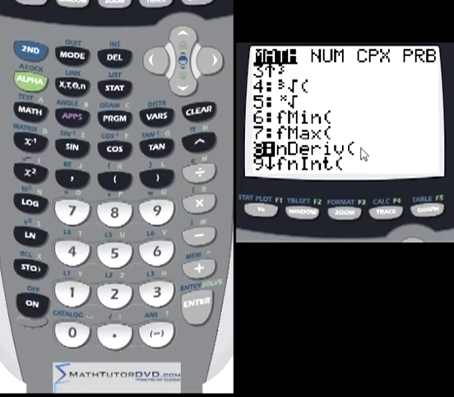This calculator cannot take integrals and derivatives symbolically. In other words, the derivative of x squared is 2x. Well, this calculator is not going to be able to tell you that the derivative is 2x. This calculator is not going to be able to integrate x cubed and come up with 1/4 x to the 4th power, which is what the actual integral is. So it can't do things symbolically in terms of x, but it can calculate numerical derivatives, numerical integrals. So let's go ahead and